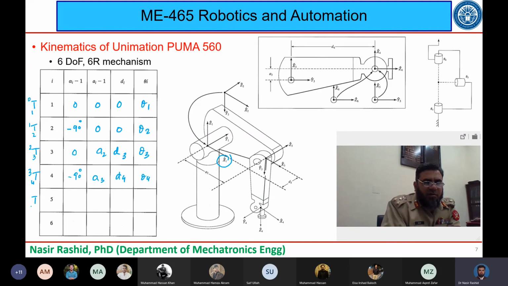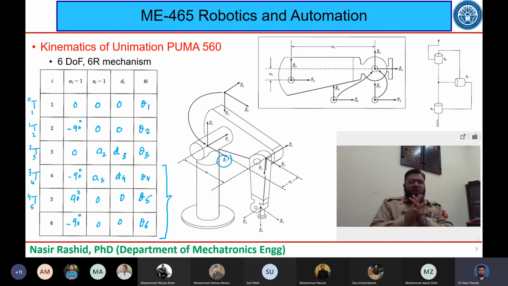So T5 with respect to 4, this is plus 90 degrees। अभी मैं रिस्ट पे आ गया हूँ, ये रिस्ट है, this is wrist, 0, 0 and theta 5, then minus 90 degrees, 0, 0 and theta 6। सो ये मैंने DH टेबल अकॉर्डिंग टू जो मैंने इससे पहले कन्वेंशंस पढ़ी थी उनके मुताबिक बनाया, and this is 6 to 5, 6 with respect to 5। सो मैंने यहाँ पे DH टेबल बना लिया है।